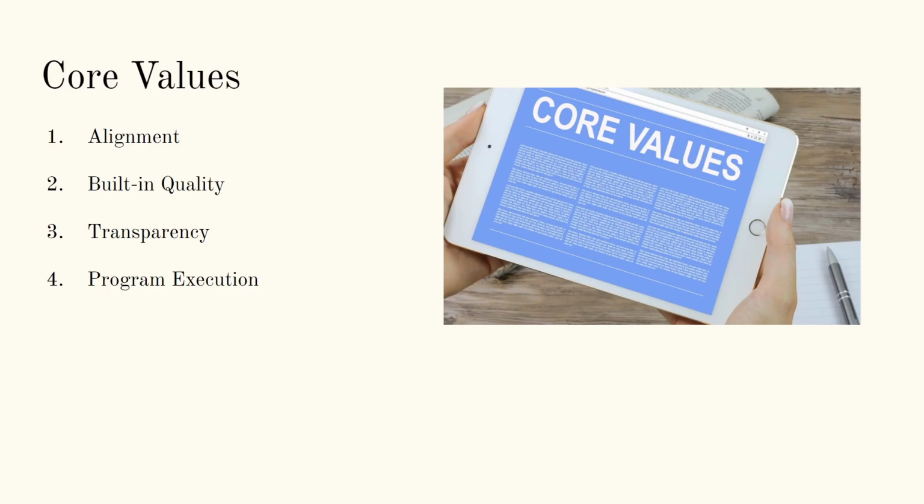And with transparency, we want to ensure there's openness and trust. We want to ensure that the work is visible to the people who need to see it. We want to make sure that the teams and the agile release trains can see the portfolio, business enablers, and epics to ensure that they are working towards the right goals. And last but not least is program execution. Program execution is essentially executing and continually delivering value.